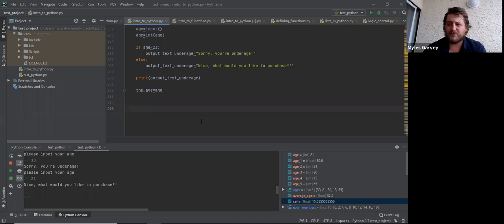So, for example, suppose that I wanted to define a custom mathematical function. Okay, let's say the Bernoulli distribution. For those of you who are unfamiliar with the Bernoulli distribution,